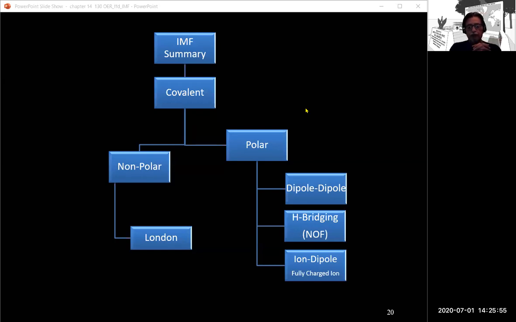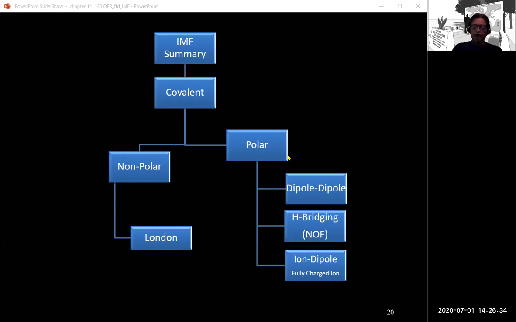This flow chart again kind of helps you go through the system of determining. Okay, I have a covalent compound. If it's nonpolar, then obviously the only force, if we go to the left of the flow chart, is London forces. If it is a polar species, then I have to determine which of the three I have here. If I'm dealing with an ionic compound in water, then obviously it's the last choice down here, ion dipole. If it's a polar covalent bond,